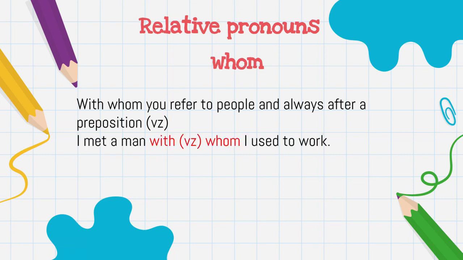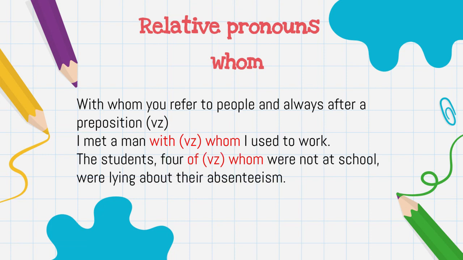Preposition. Example, I met a man with whom I used to work. With is a preposition, so I have to use whom instead of who. The students, of whom were not at school, were lying about their absenteeism. Of is a preposition. So be careful with your